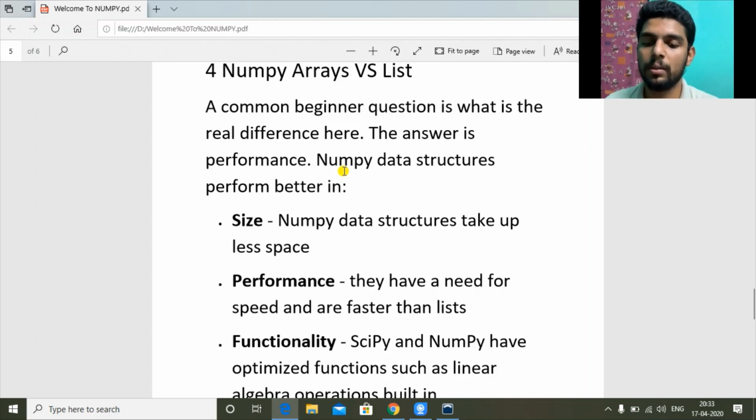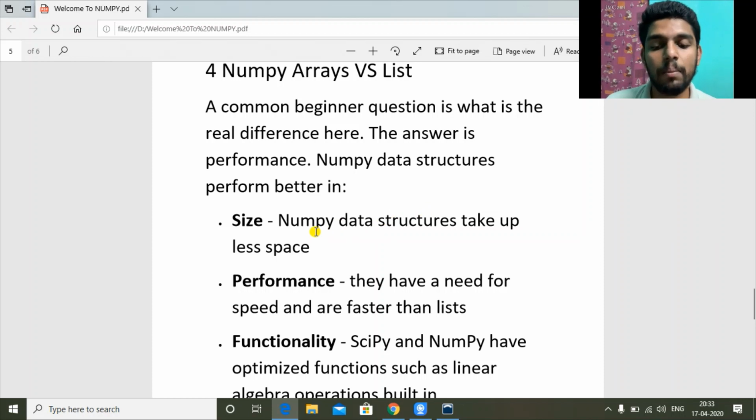In terms of size, the NumPy data structure takes up less space as it is less convenient. I won't say it is convenient. It offers fewer functions in terms of data management, but in terms of data calculation it is very fast, and it is given priority. So we will see how. Lists are convenient and NumPy arrays aren't, but NumPy arrays are fast and lists are not.